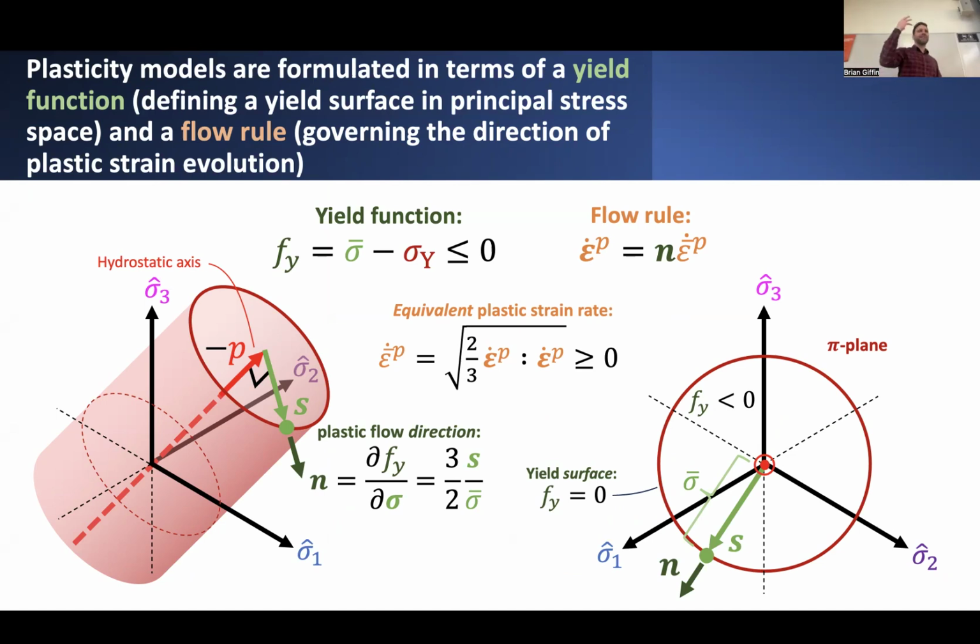But if you had some state of stress, which you could represent in terms of its three principal stresses, and if you could display that state of stress as a point within this kind of three-dimensional principal stress space, then we found that that state of stress could be further decomposed into a part that involves just pure hydrostatic pressure, and such states of stress would lie along this hydrostatic stress axis. And also, you could decompose a state of stress into its purely deviatoric part, S,